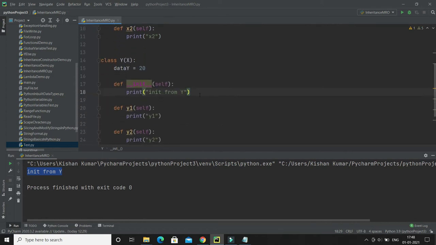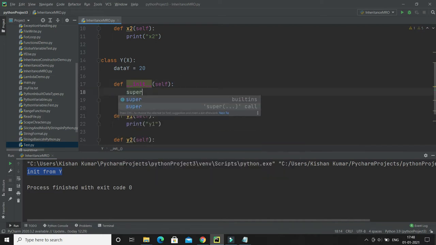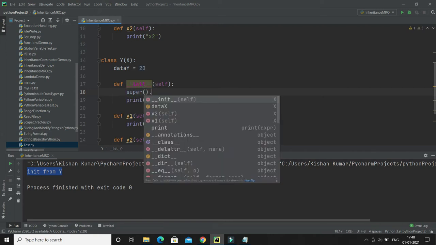Is it possible to call the superclass constructor as well? Of course that is possible using the super keyword, right? The super function call we have already seen in the previous video tutorial. So using the super keyword you can access all the properties and functions from the superclass. Here you can see I can access data X, X2 and X1, both I can access from the superclass, right?